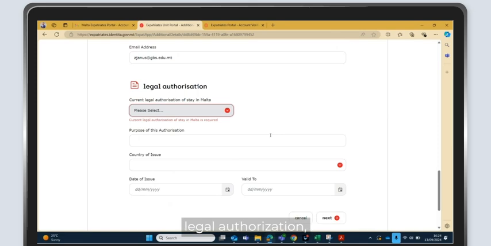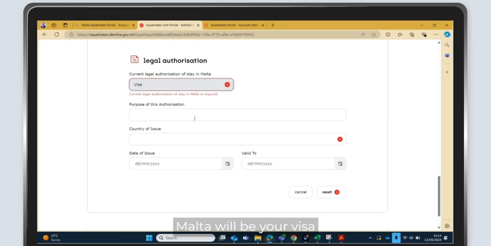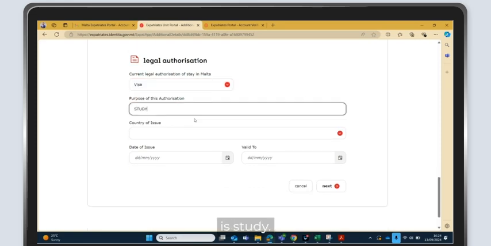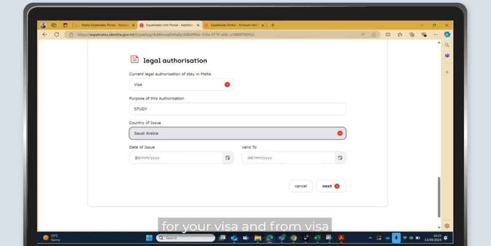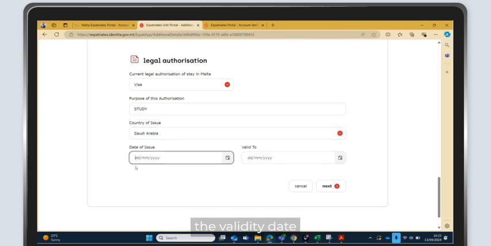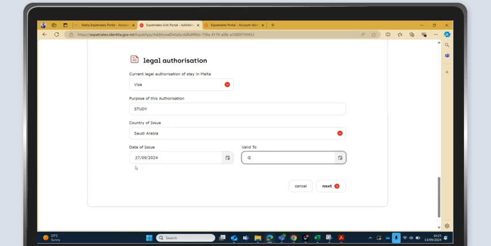Now we will go to the legal authorization. Current legal authorization of stay in Malta will be your visa. Purpose of this authorization is study. Country of issue will be your home country where actually you applied, unless you went to VFS to another country. For example, like our Pakistani students that they travel to other countries. In that case, we will write the country where you went to apply for your visa. And from the visa, you will check the date of issue, and your visa is valid until,